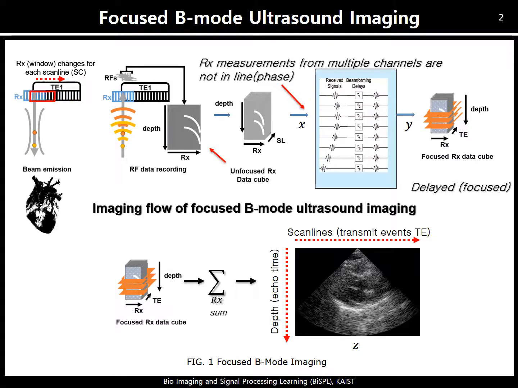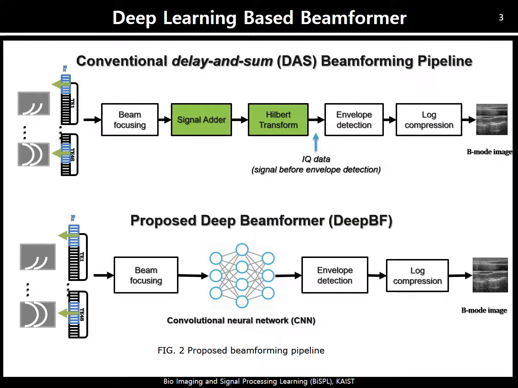In delay and sum, usually a simple addition operation is performed for beamforming. However, for adaptive beamforming or advanced beamforming techniques, there are varieties of ways you can use, such as weighted sum and so on. This is called apodization. So in the conventional delay and sum beamforming pipeline,